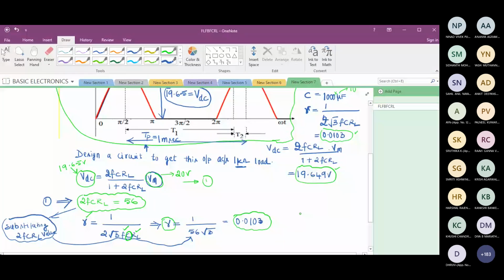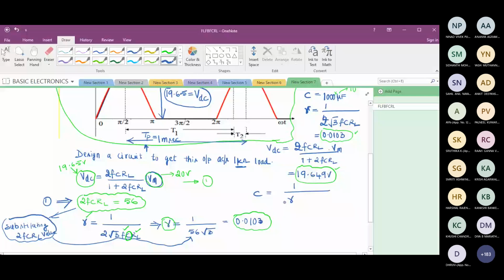This is how we design a circuit. We are looking at the waveform. We are looking at the expectation, what is required. Accordingly, we are going to design the circuit. This is how an engineer works. Fine. So now to get C, what will I do? 1 by ripple factor